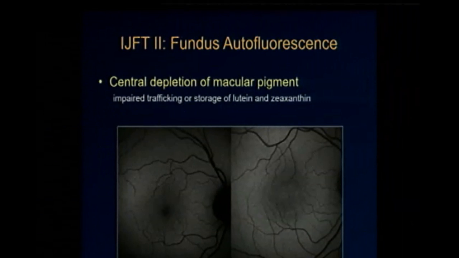If you do fundus autofluorescence, you will see, this is a normal fundus autofluorescence. The center of the macula has to be dark, okay? And it's dark because the cones have less lipofuscin inside them. And you also have the xanthophyll that blocks the light of the autofluorescence, and you have the RPE that has more